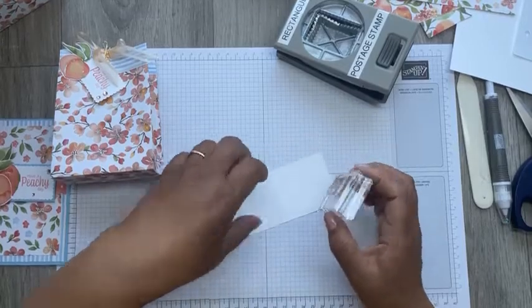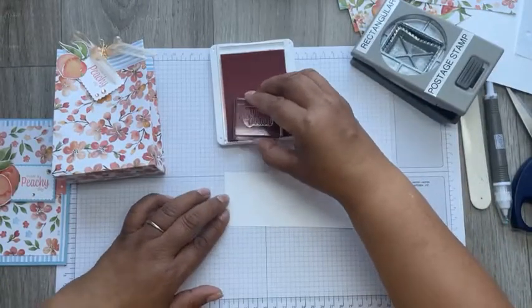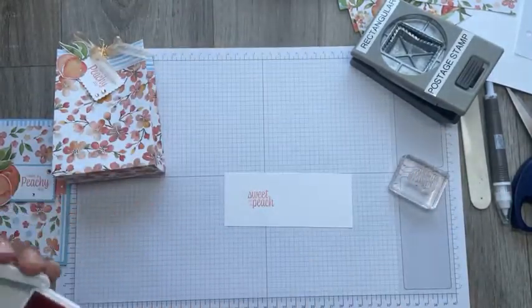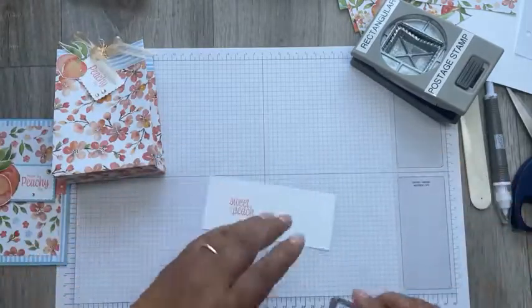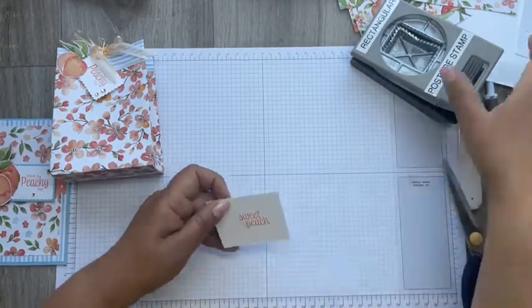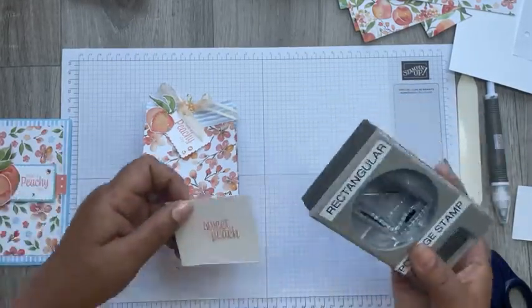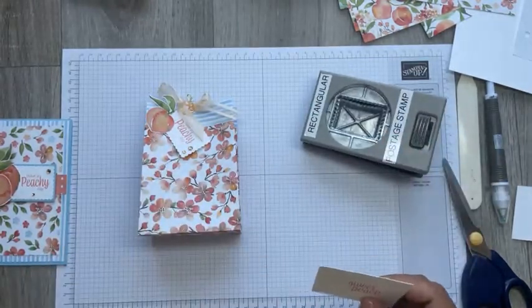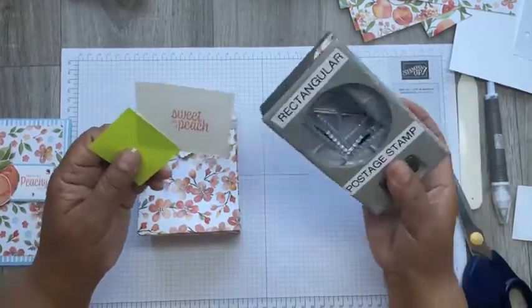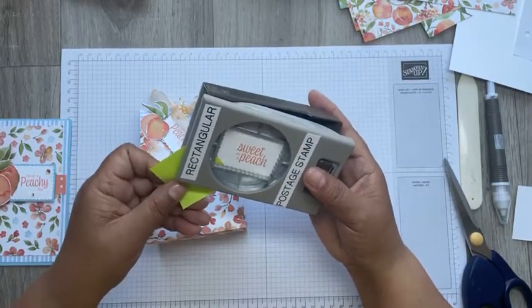mount it onto my block. I'm using Calypso Coral again. If you're doing it this way, you need to make sure you've got enough room for the stamp to go, and for the punch rather to go round it. So again, I've got my peach there, so I want it to one side again. So I think I'm going to have to put another post-it note on here in order to get it central. So I'm going to put it to one side,